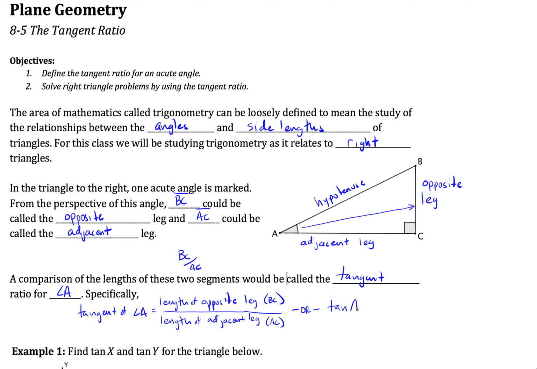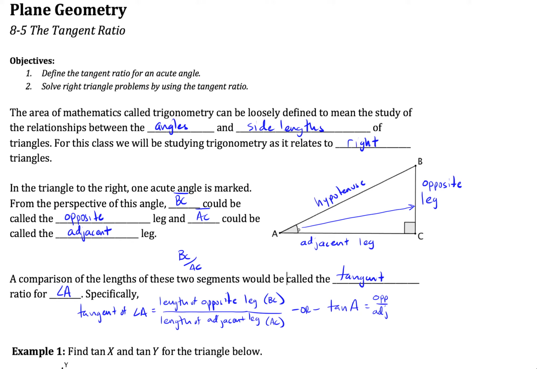The tangent of A is going to be equal to opposite over adjacent, and we recognize that this means length of opposite leg divided by length of adjacent leg, but you'll hear me say it from this point forward as just opposite over adjacent. So this is kind of our introduction to this idea of trigonometry, that if